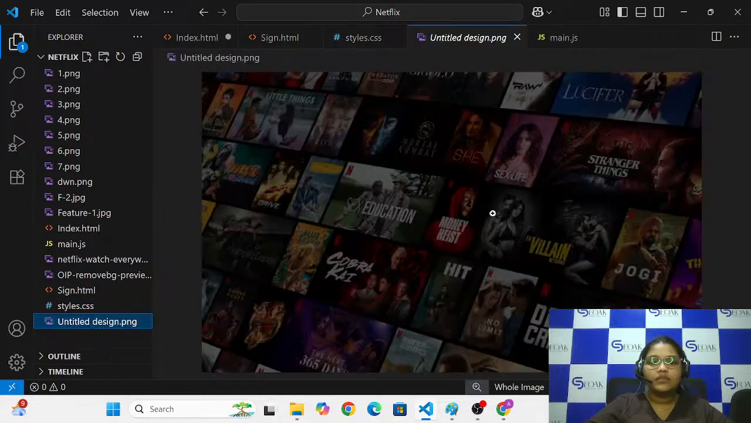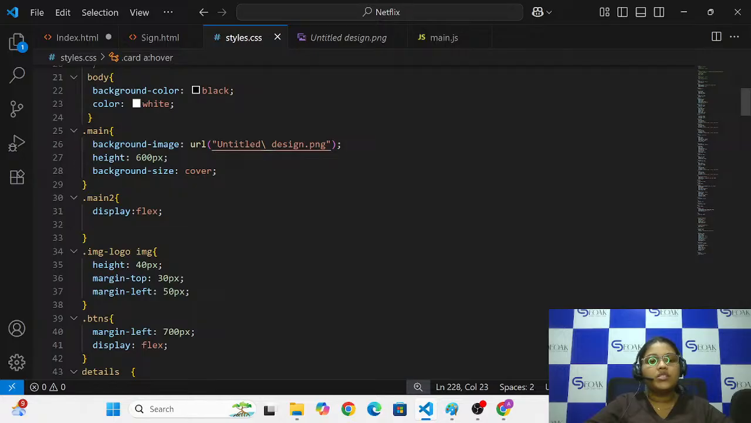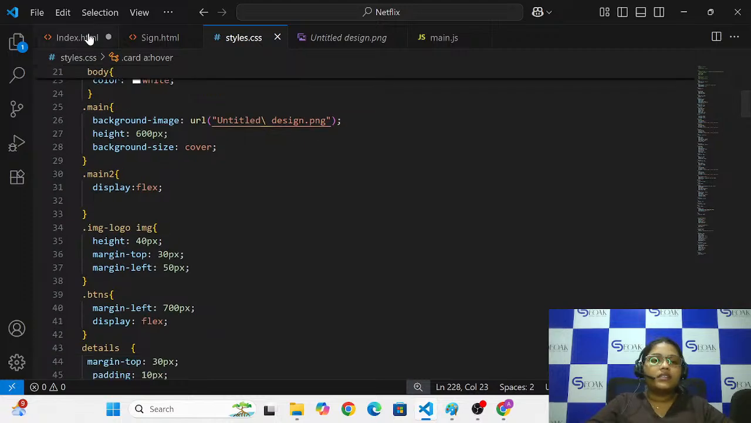So I have just edited this one. Okay, fine. So see here, I have mentioned the background image, and I have set the height, and the background size would be cover, which covers the entire page, right? Fine. So next,